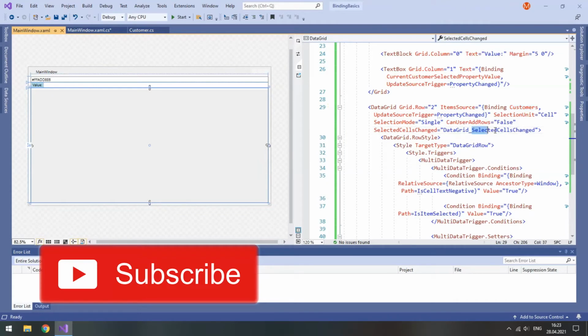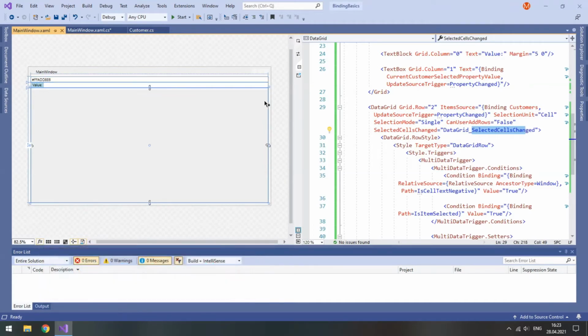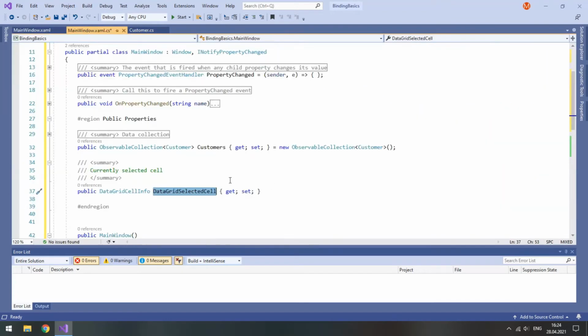And why we need the selected cell is because when you click anywhere outside the data grid, most of its properties like current item, selected item, current cell, and so on will be just null. And the only thing that will be left storing the selection will be selected cells. And that's why we need to store it. So let's type in braces preserved despite lost focus.